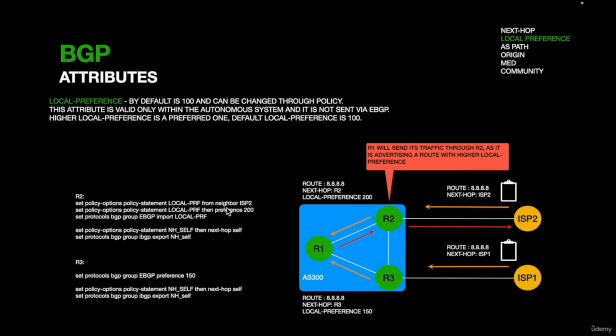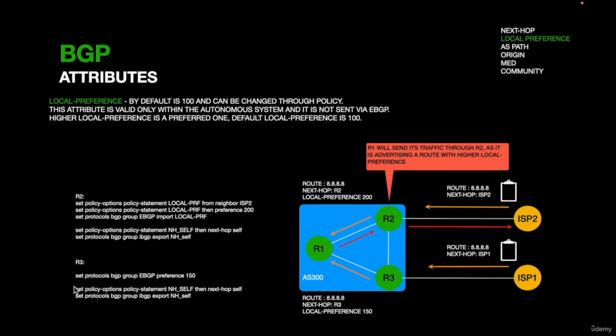In this case I stated that from every route received from ISP2 use the local preference of 200. I applied this policy to the IBGP as an import policy. I created the next hop self for R2, so the routes sent to R1 will have the next hop, the R2 router. On R3 you can also have the possibility to configure the local preference straight in the BGP configuration